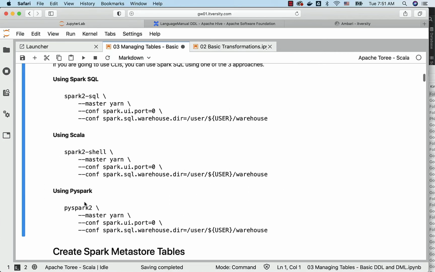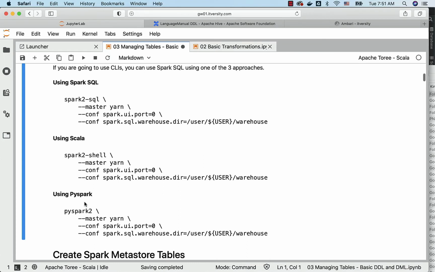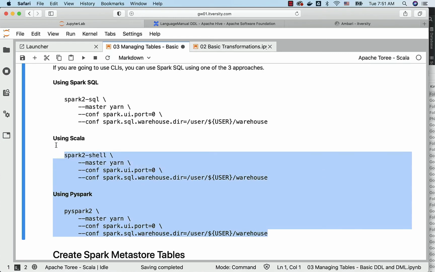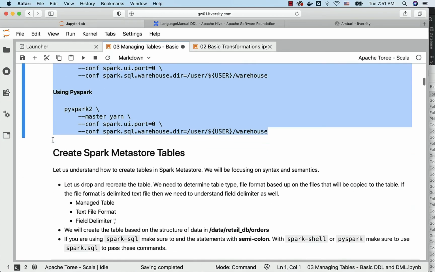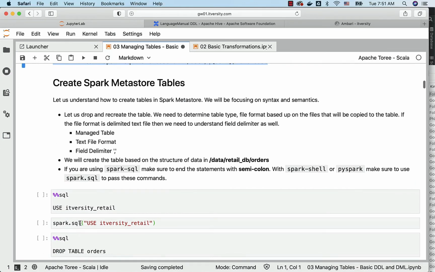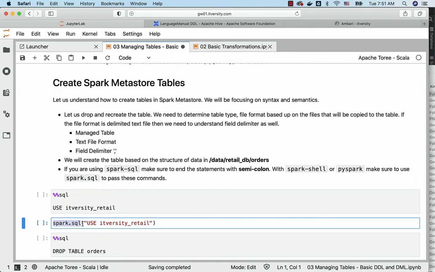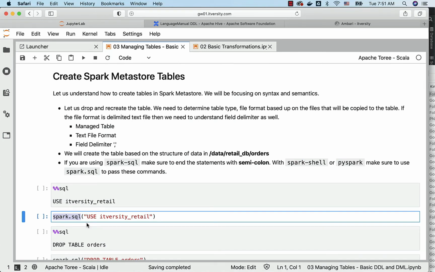However, if you are preparing for the CCA 175 certification exam, instead of using Spark SQL or Jupyter Hub, make sure you launch Spark Shell or PySpark using these commands and then enclose all these queries which I am demonstrating here with spark.sql and then invoke this spark.sql function which will actually perform the task you are looking for. If you want to preview the data after running a query, you have to use .show and you can actually see the results also.